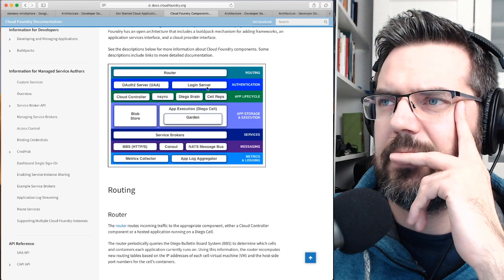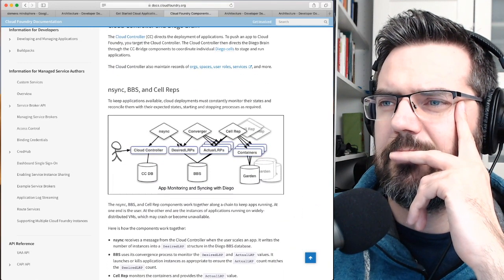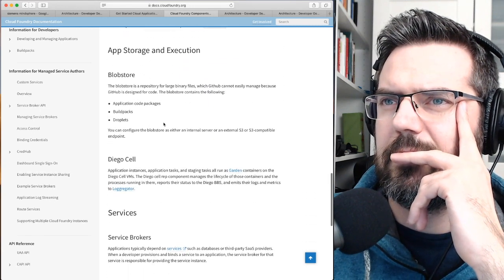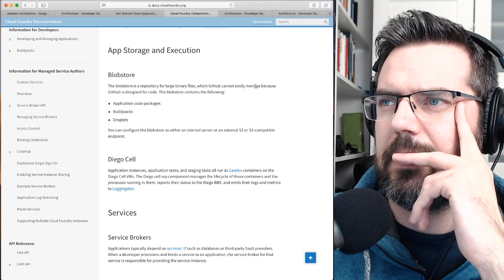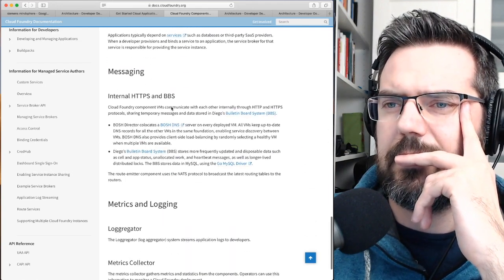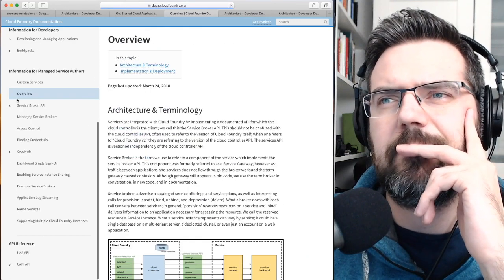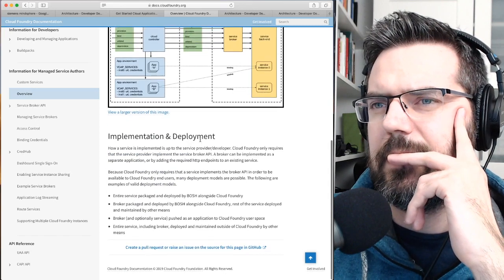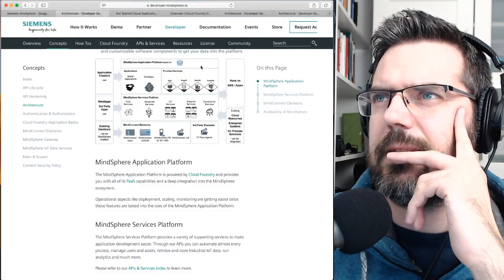Okay, app lifecycle, authentication, routing. Blob storage is a repository for large binary files. Yes, it's a blob. Okay, this is not very interesting. Architecture terminology. Okay, I'm not 100% sure where this is going with Cloud Foundry.